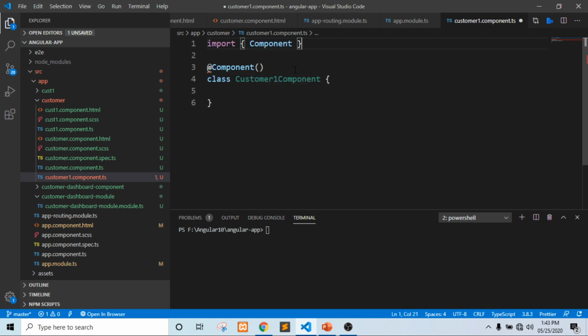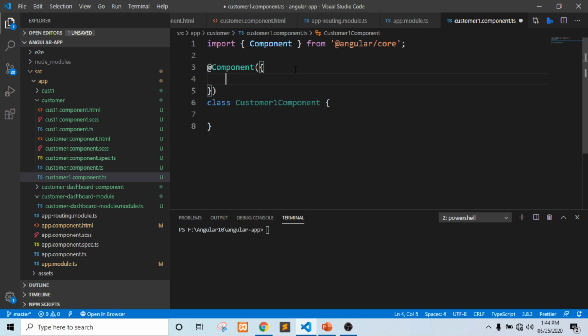These decorators are available inside different modules, like here we can see /core. The component decorator is available in the @angular/core module. Now we have imported it, and @Component has a couple of properties which we need to configure.